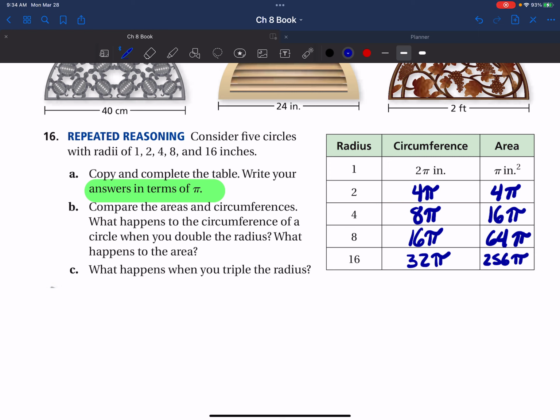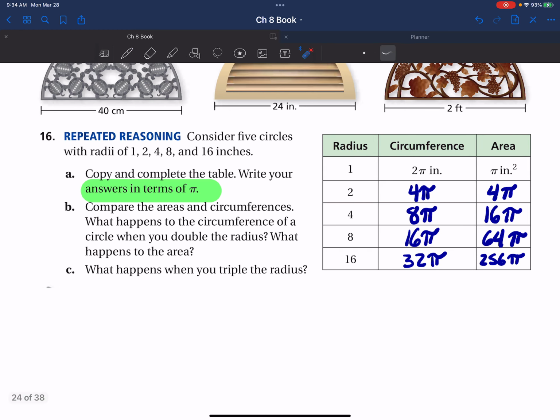Well, when you double the radius, you're finding the diameter, right? And so I think what would be a good answer to say for this one, let's see, number 16. I would say the pattern that I see is, there's like no good pattern right here because it's the same. Circumference went 2, 4, 8, 16, 32. I guess what they want us to say is if I have the radius as 1, the circumference will be that 1 doubled, which is 2, 2 doubled, which is 4, 4 doubled, which is 8. Okay, so I would say on part B,